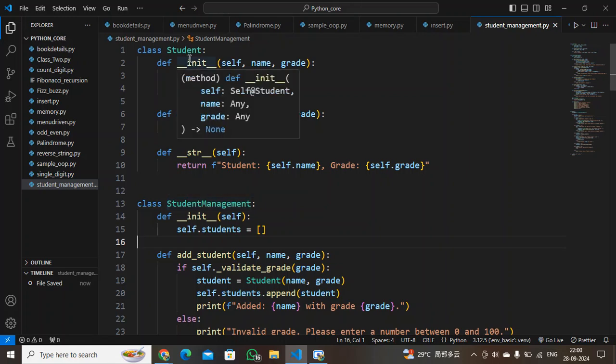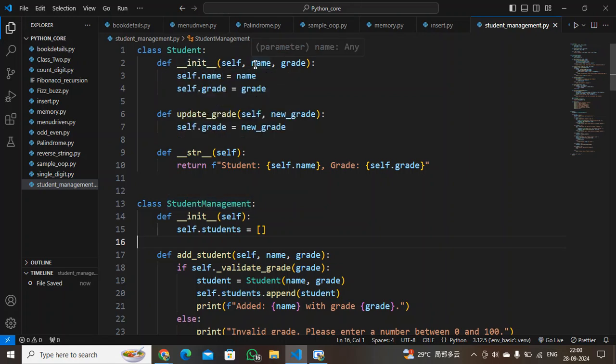In the Student class I have defined one constructor, and as I have told, we have to use __init__ for creating a constructor in Python, and the name of the constructor can be different from the name of the class. And here we have to give the self parameter because it's mandatory.